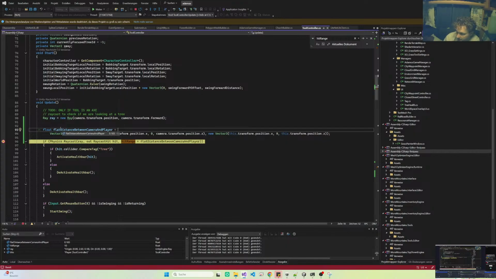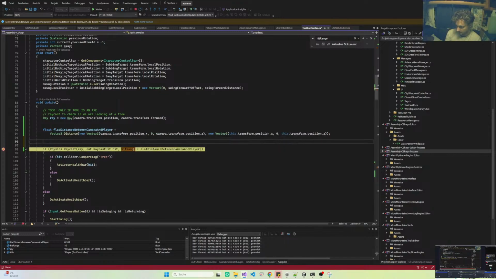And now we're seeing that there's a distance of... So what I'm going to do is actually do that plus float server client tolerance